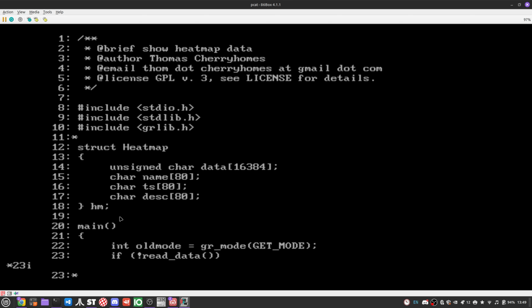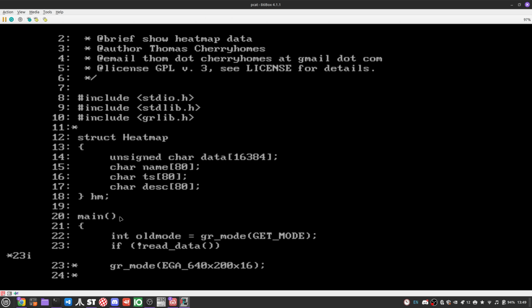And then we finally take and 23i, we'll take an insert right there. GR mode, and we want it to go to 0x0E. I forgot what I defined it as, so we'll just put it as that. Okay, fine, whatever. 0x0E. Yeah, I think it was that. We'll see. All right, so GR mode,